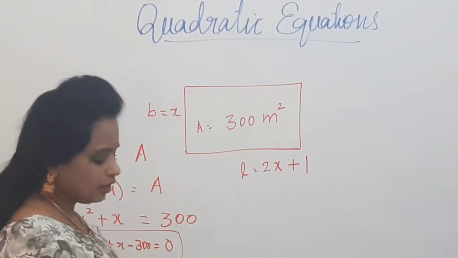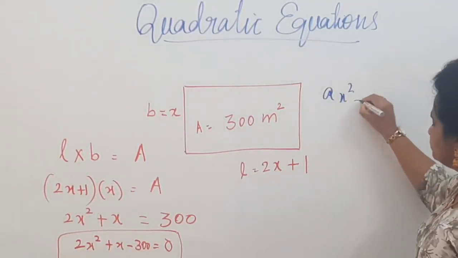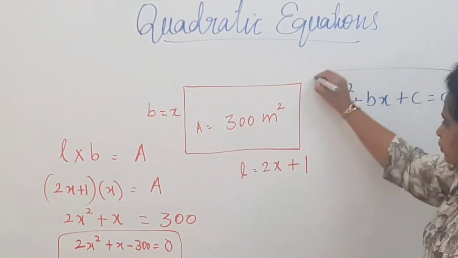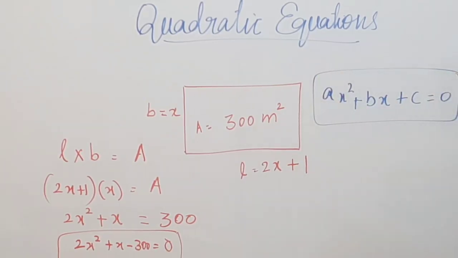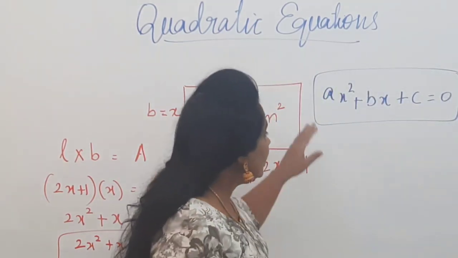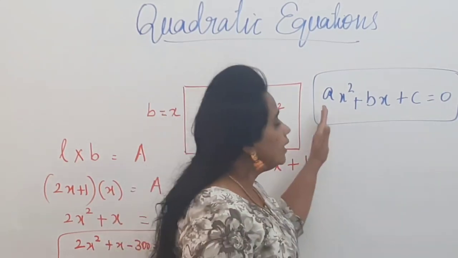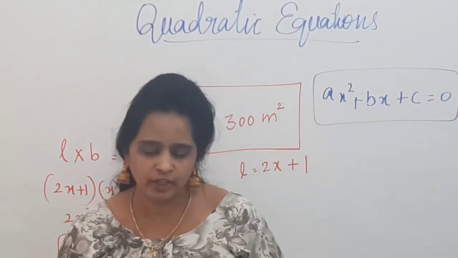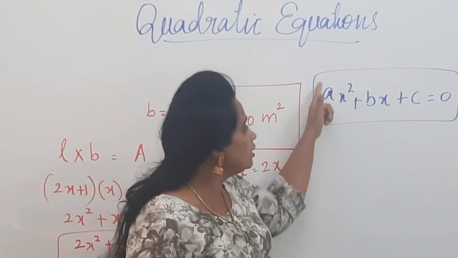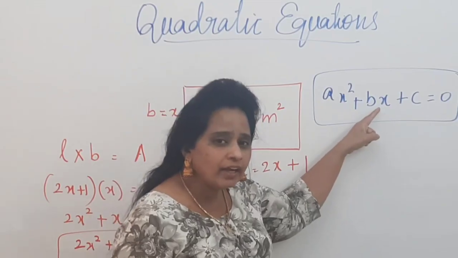You could see that the quadratic equation general form is ax square plus bx plus c is equal to 0, where a, b, c are real numbers and a should not be equal to 0. That means, if a becomes 0, the whole term becomes 0, and then the highest power of the variable in